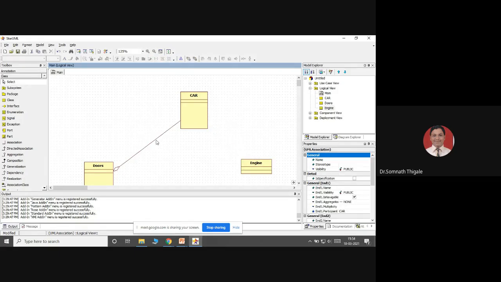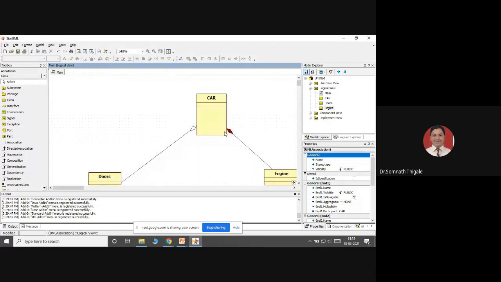So simply remember, whenever I want to show the relationship between whole and part, we have two options: aggregation and composition. The composition has a filled diamond, which means the strongest relationship. A hollow diamond means a weak relationship.